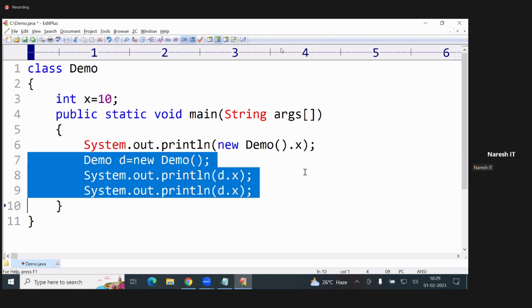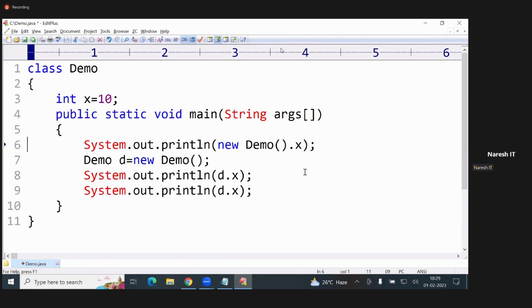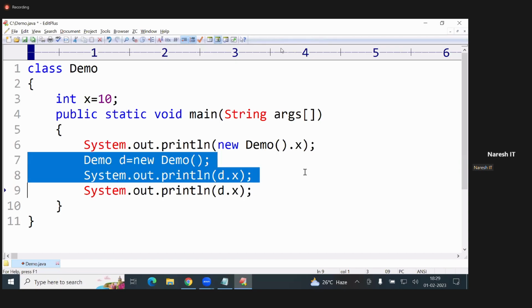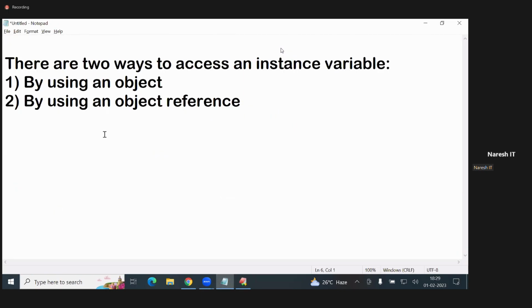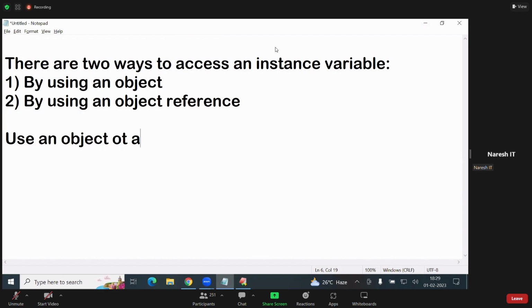That's what. Suppose your application requires only one time. This is what you have to select. It is also possible, but reference memory wasted. Suppose you want to access more than one time. This is not possible. If you write one more new Demo, one more object created. That is the reason. Here, what you have to do: use an object to access,